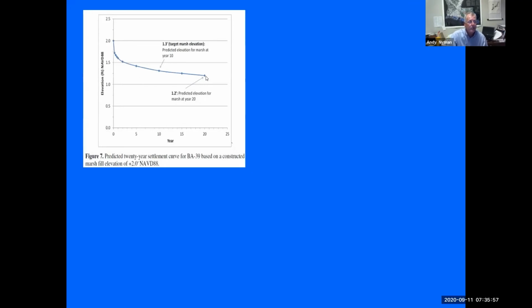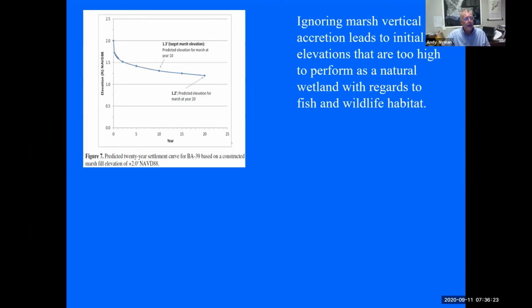Okay, so 20 years from now, we need the elevation of the marsh to be here. We've got sea level rise and subsidence going on, so we have to take that into account. And then we have to take into account our induced subsidence and our deflation. And so we're building way up here to get a wetland out here. The problem is that the wetland is out of the water for the first 5 or 10 or 15 years after we build it. And there's no reason for that, because